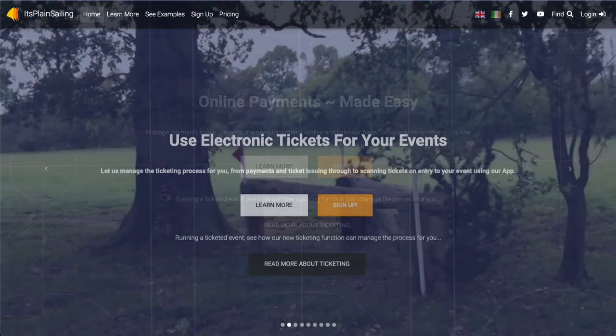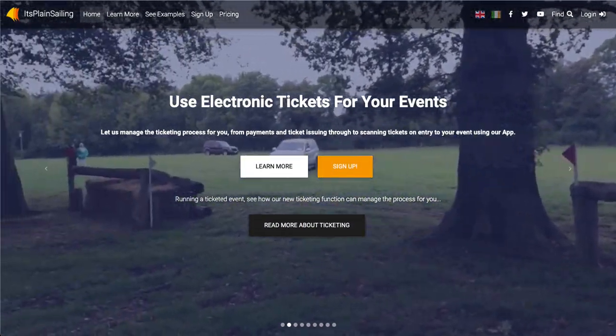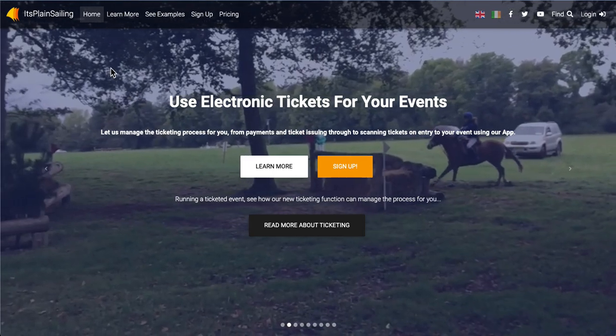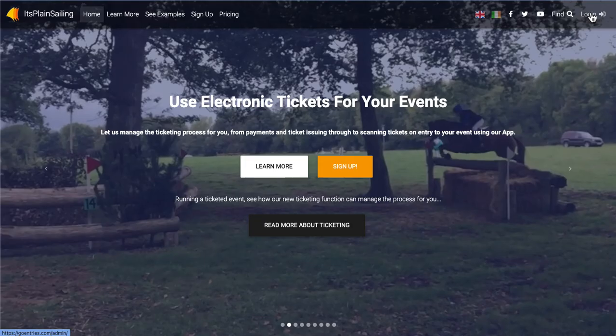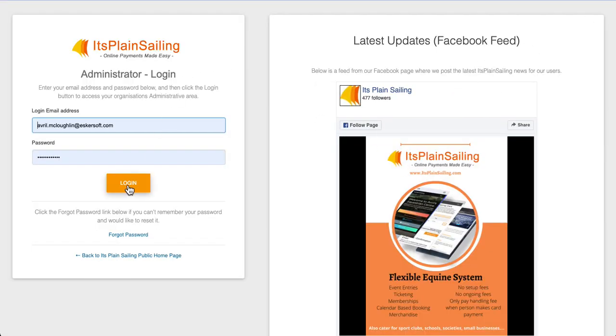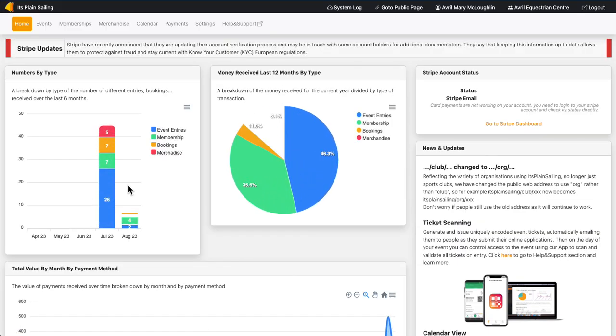give you a short introduction to the events functionality within It's Plain Sailing. So if you would like to set up an event, you go to itsplainsailing.com, click the login button and log into your administration area. This is a test account, so we're going to go to events, click the events menu